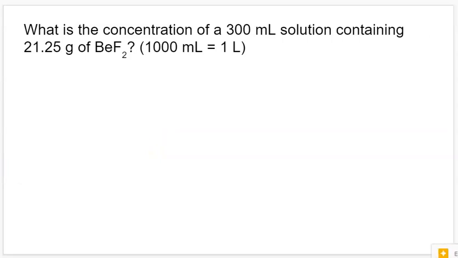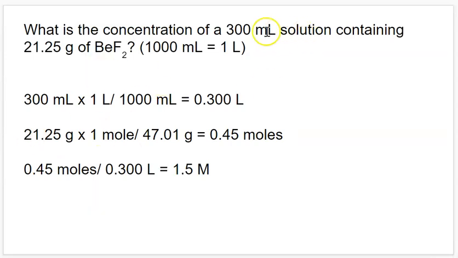Let's do another one. What is the concentration of a 300 milliliter solution containing 21.25 grams of beryllium fluoride? This adds one extra little step to this, since molar is moles per liter and they gave us milliliters. So we're gonna have to do a couple unit conversions here. So first, let's turn the solution into the right units. So we know that there are 1,000 milliliters in 1 liter. So if we divide 300 milliliters by 1 liter over 1,000, the milliliters will cancel out, and then I'll end